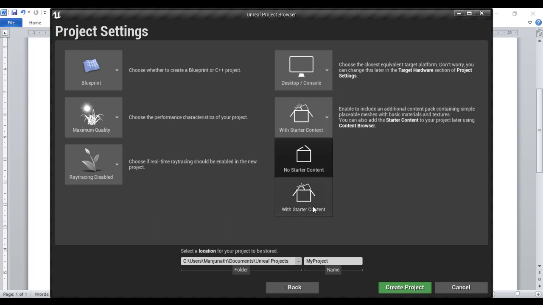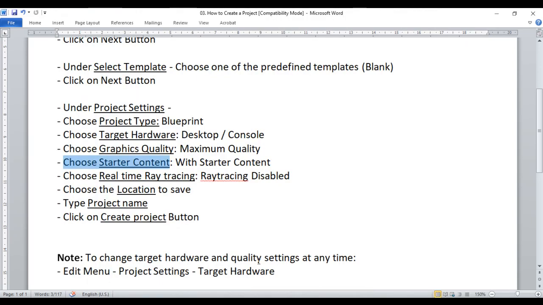That means if you select with starter content, Unreal Engine adds some default assets, that is placeable meshes, materials and textures, which you can use in your games. It also tells us you can add the starter content to your project later using the content browser. So if you choose no starter content, you have the facility to add it later also.